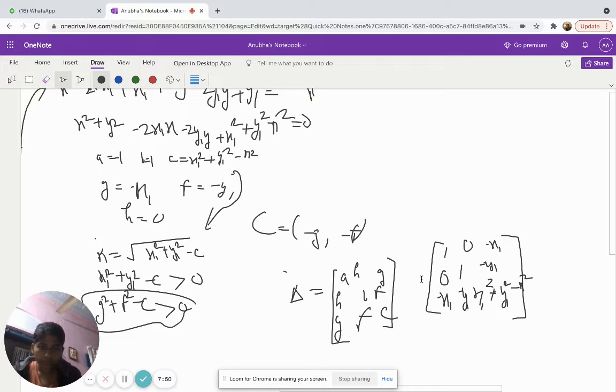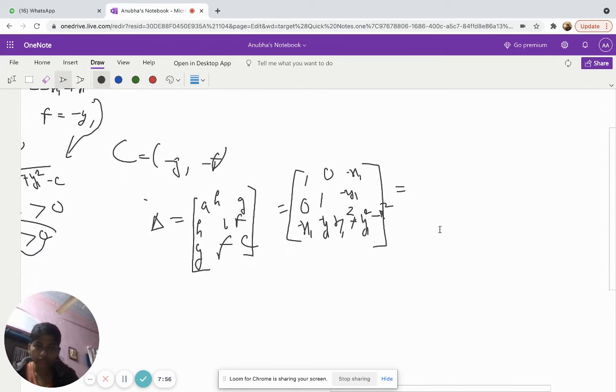Now it is delta here. So if I need to calculate the delta here, how do we calculate it? You can simply calculate it by yourself. That is x1 square plus y1 square minus r square minus y1 square. If I open it at first, the first term is 0 and the second is 0,